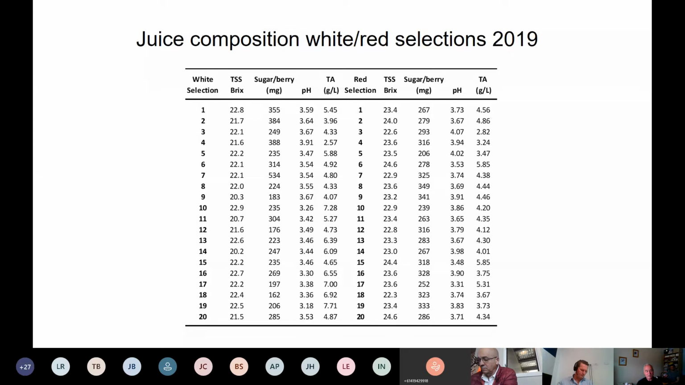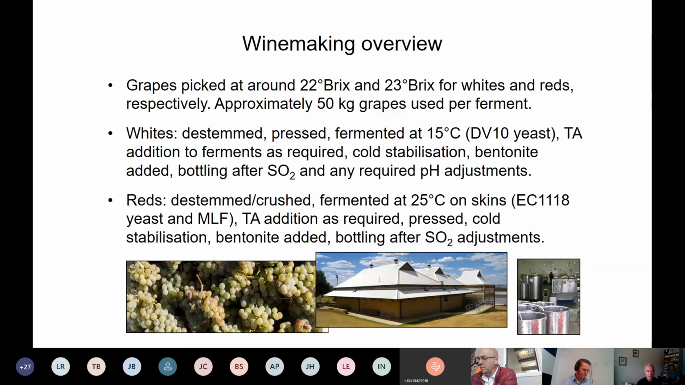Of course, the season comes to an end, and we have to finish the harvest, which was a particular challenge in this season. So they vary in their brix levels, their pH, and titratable acidity in both red and white selections, which all comes into the validation of which selection will make it through to the end to get planted. So the winemaking protocol is